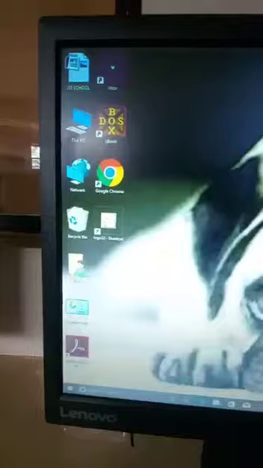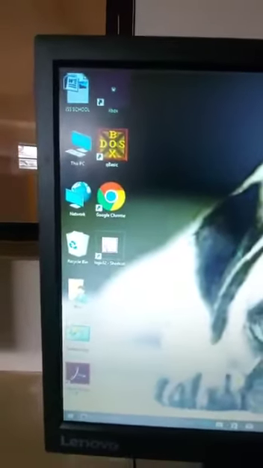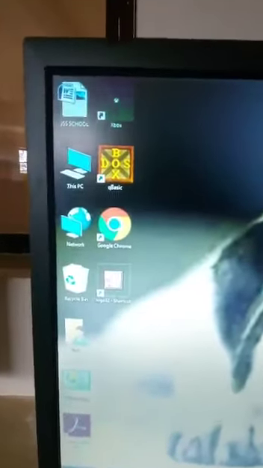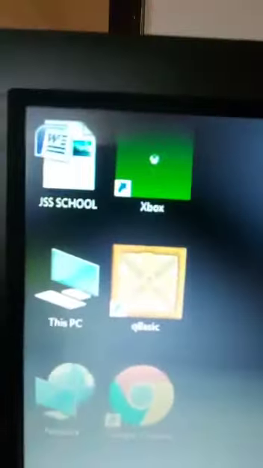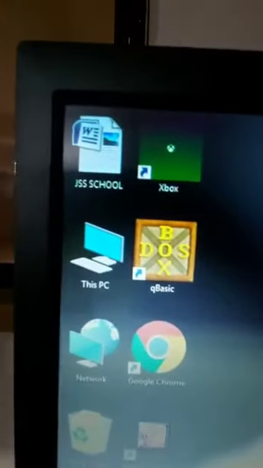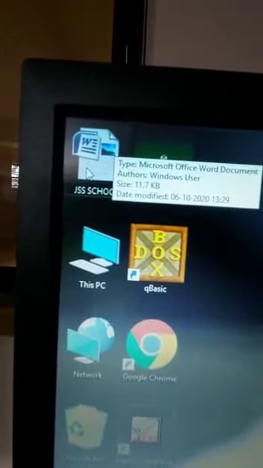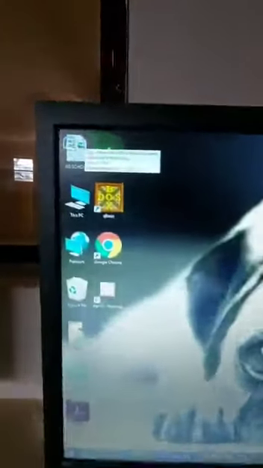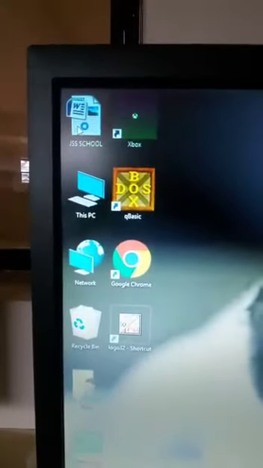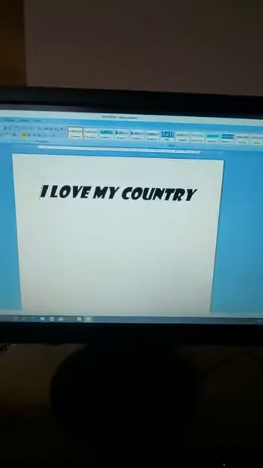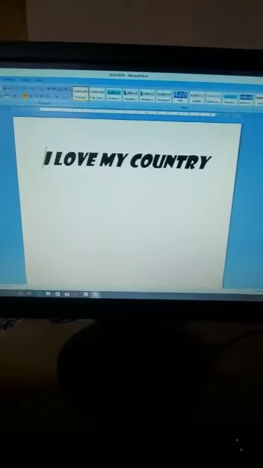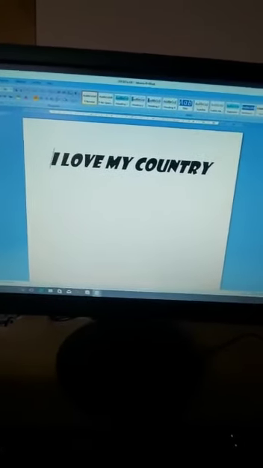Let us close this. So click on close. Children, I had saved it with the name JSS. Can you see this icon here? This is now saved on the desktop. Double click on it. See here, I got my file back. This is how you save the file.